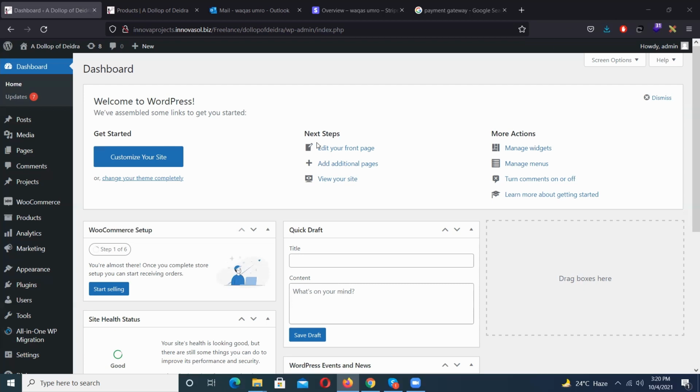So let me show you an example in which a payment gateway is not integrated yet in my store. I'm going to show you step by step how the payment gateway will work on the store and how we can integrate the payment gateway. So let's move on to